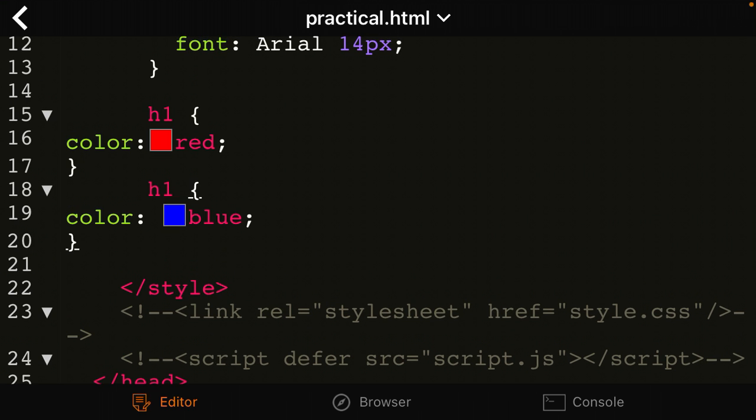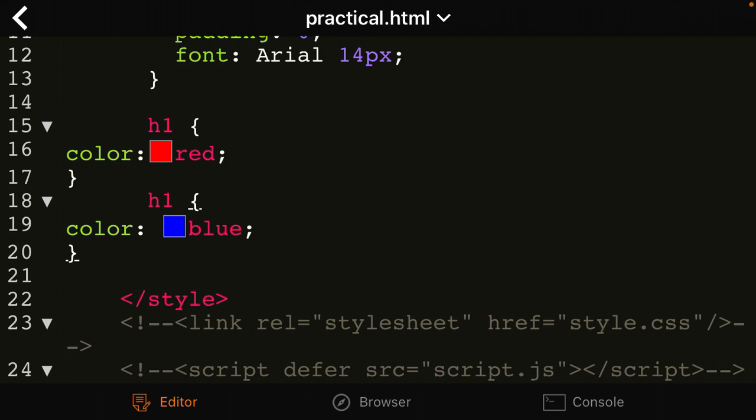Okay, so this is where the principle of cascade, or the rule of cascade, comes into play. The rule of cascade is very simple and states that the latter declaration, or the last declaration, for a particular selector or a particular type of selector wins